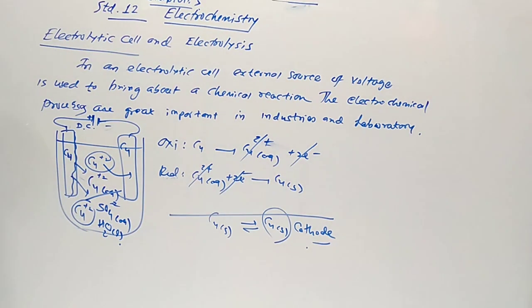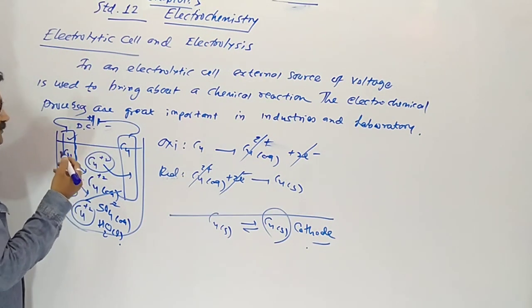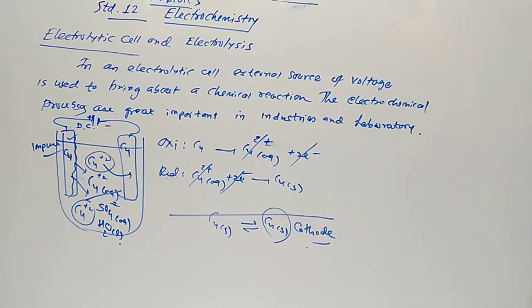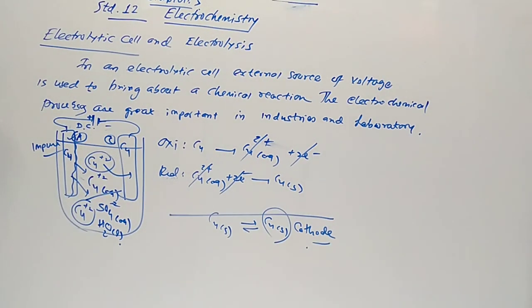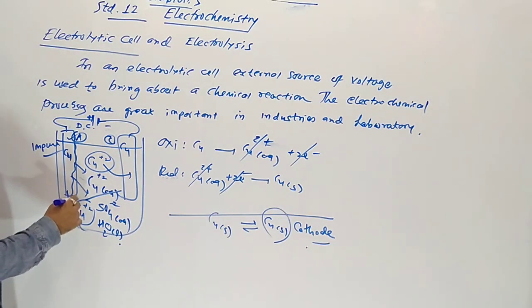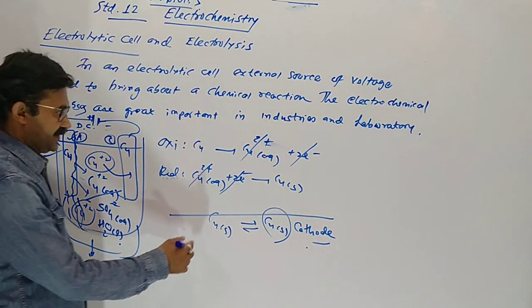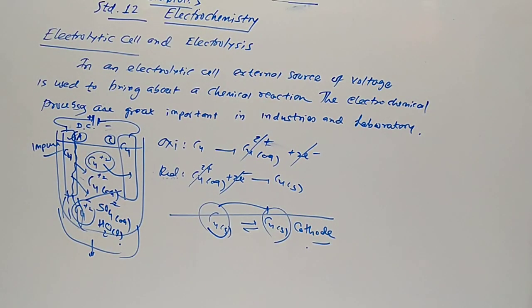This is the use. So why are we using copper here? Because this one is impure. The impure strip, the impure rod, should be the anode, and a pure rod of copper is taken as the cathode. Impurity will settle down at the bottom of the vessel, and we get pure copper metal. So this electrolytic process is useful for the purification of metals.